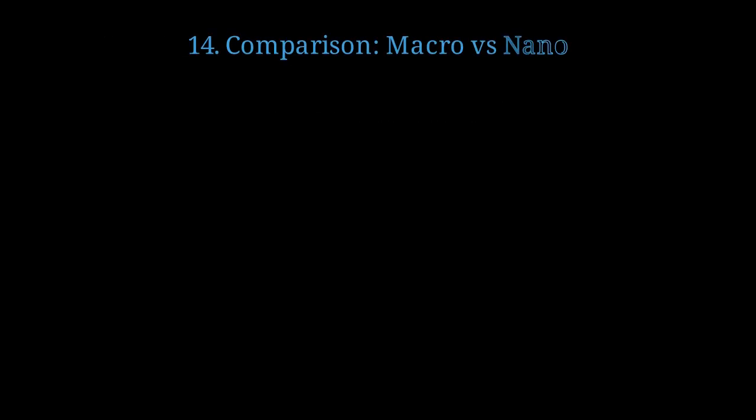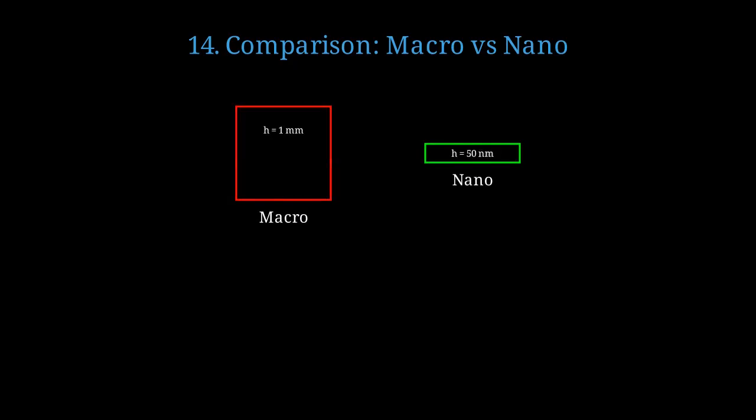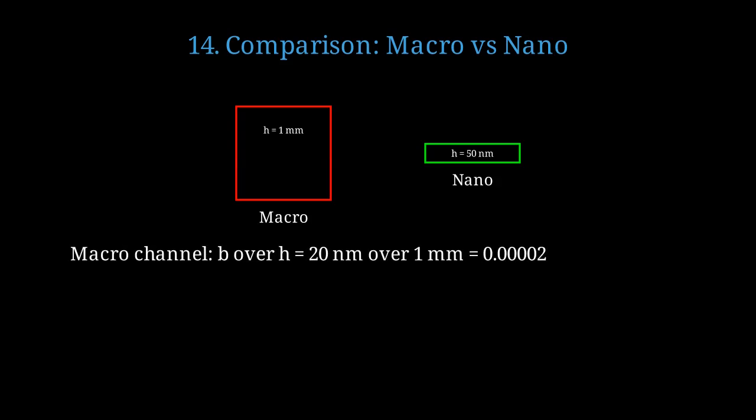Let's directly compare how the same fluid behaves in macroscopic versus nanoscopic channels. Consider a millimeter scale channel on the left versus a 50 nanometer channel on the right, with the same slip length of 20 nanometers. For the macro channel, the ratio B over H equals 20 nanometers over 1 million nanometers, which is only